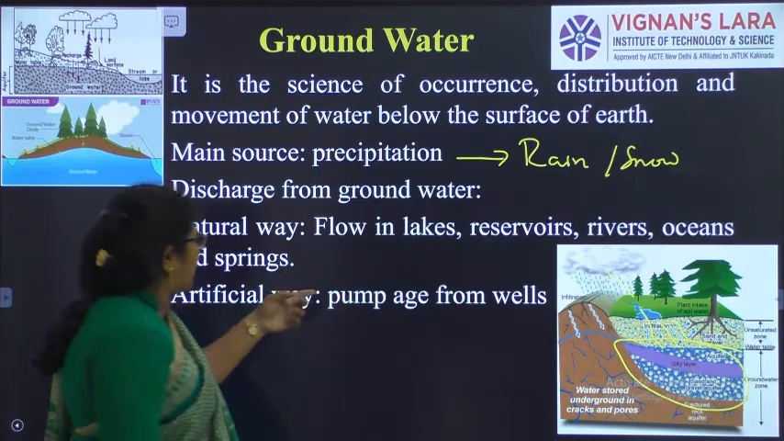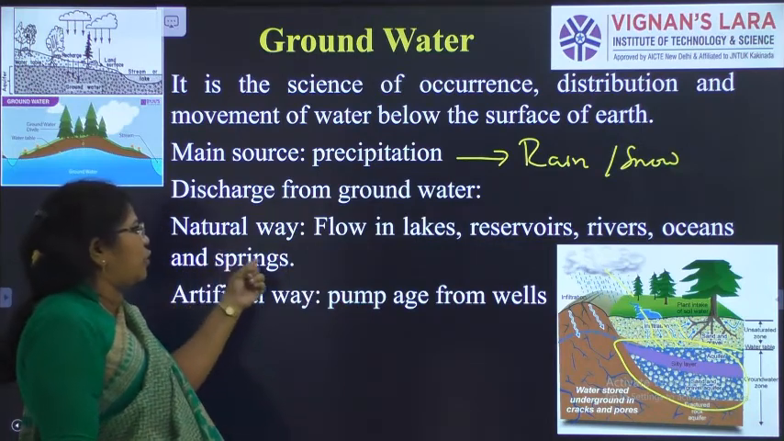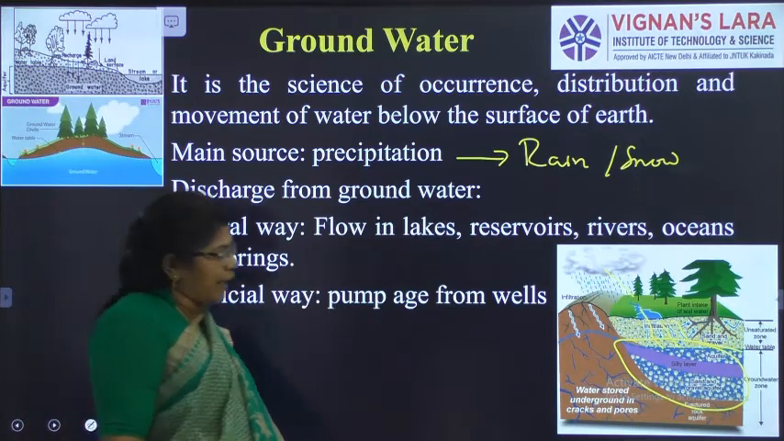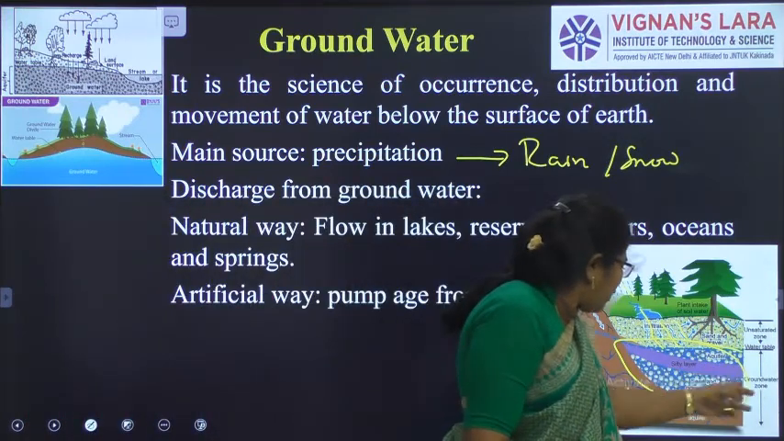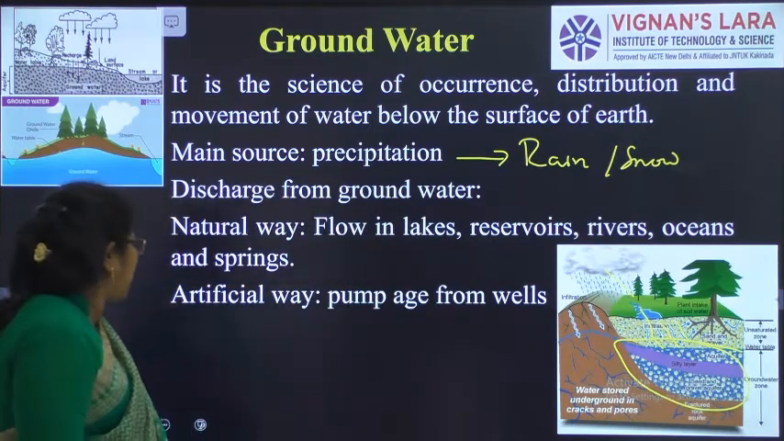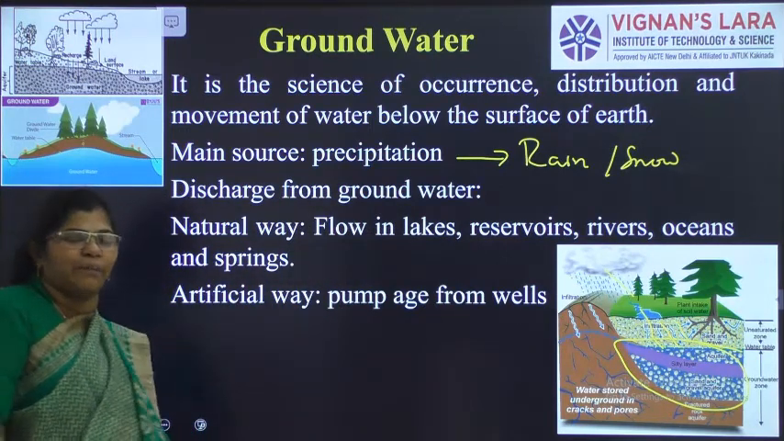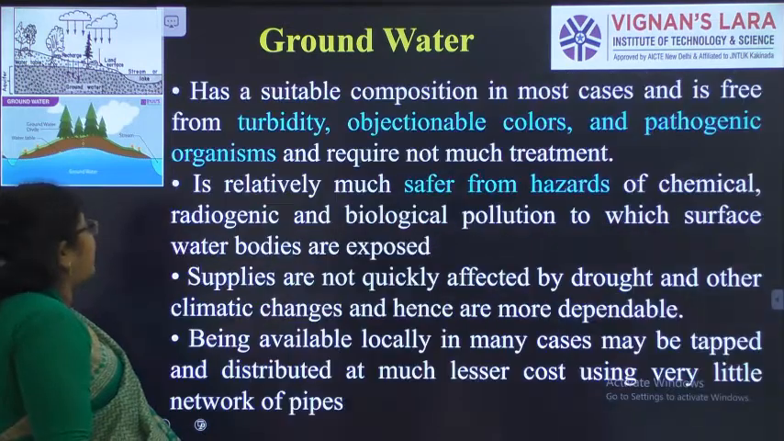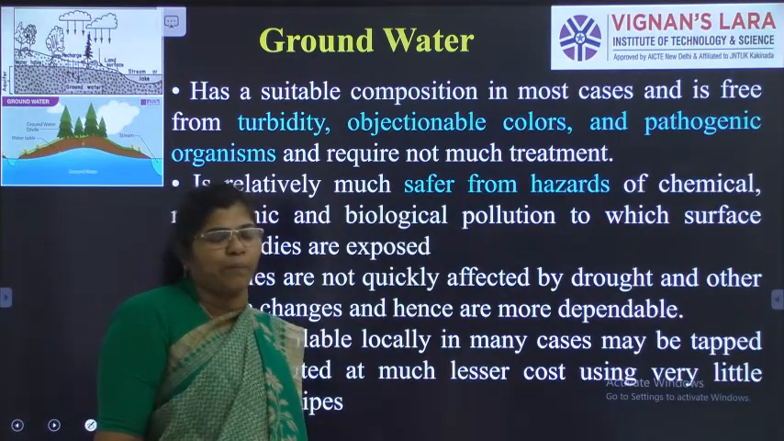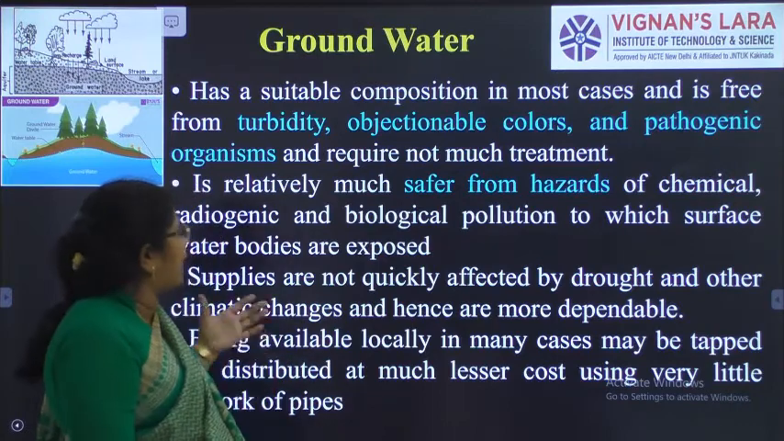And discharge of the groundwater is due to two reasons. One is the natural way, that is it flows into the rivers, lakes, oceans and springs. The artificial way is pumpage from the wells. Right? So why is groundwater so important? It is that it doesn't have any